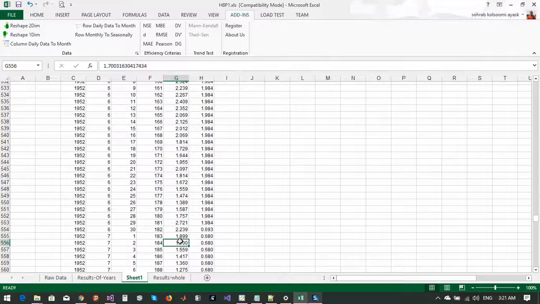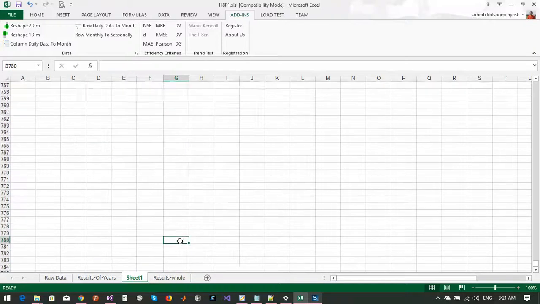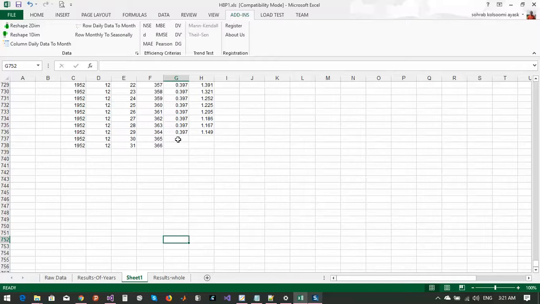Then I should select all the data on it. Oh, this day is blank, and this day.